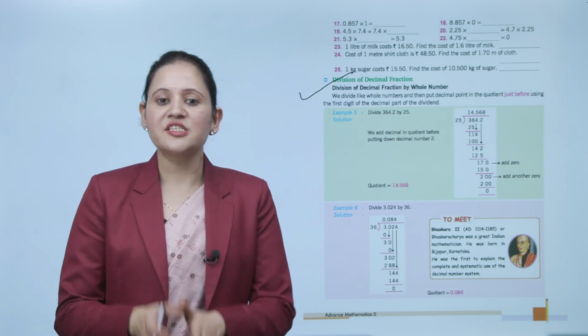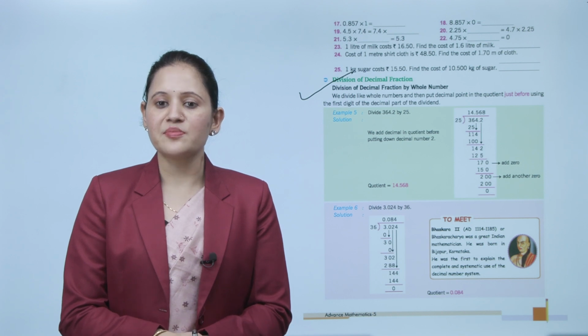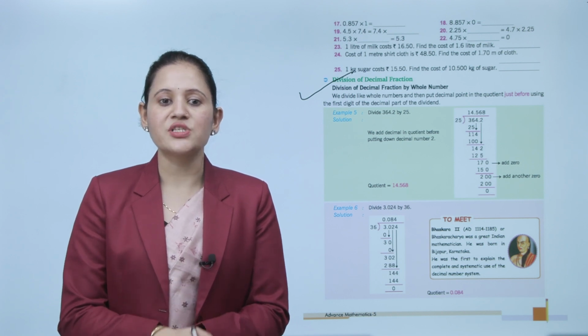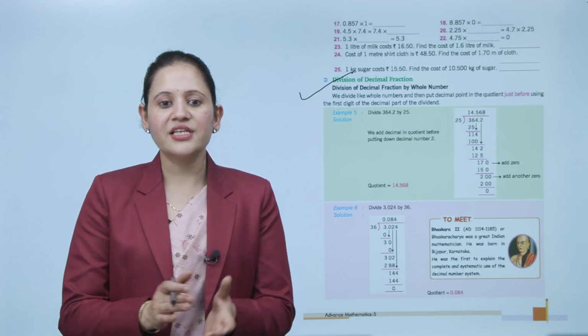Division of decimal fractions by a whole number. We divide like whole numbers and then put the decimal point in the quotient just before using the first digit of the decimal part of the dividend. For example, divide